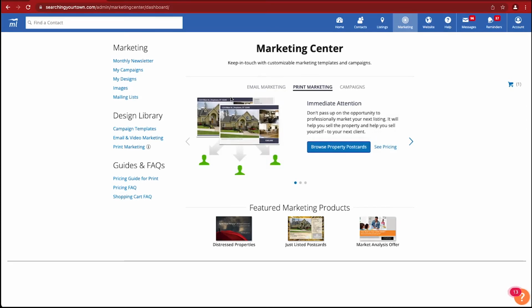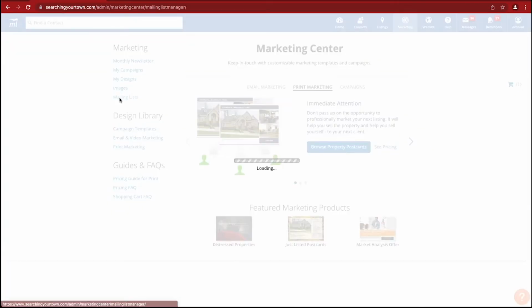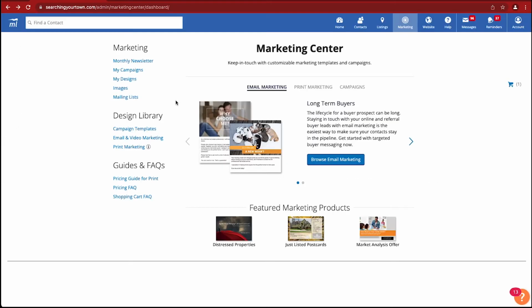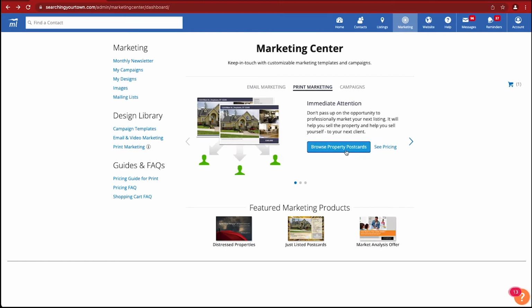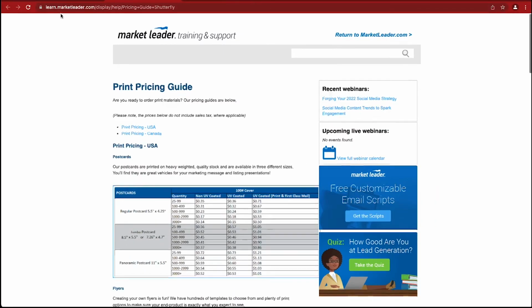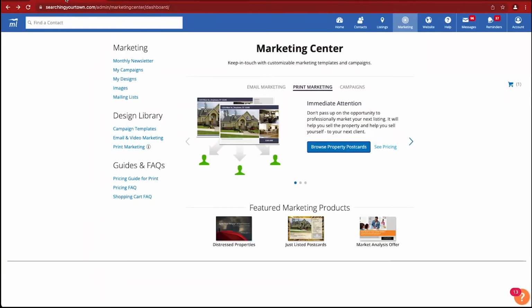You can do print marketing, which I touched on a little bit earlier, but this is Market Leader works with, let's see, who is it with? I should have looked at this, but let's look. Here we go. Shutterfly. Market Leader works with Shutterfly to offer print marketing that is really a cool integration